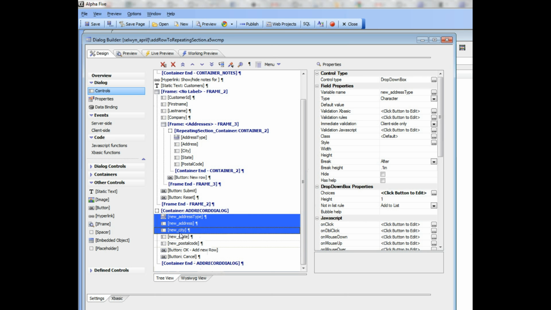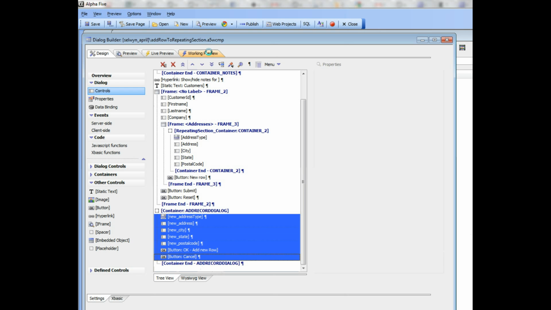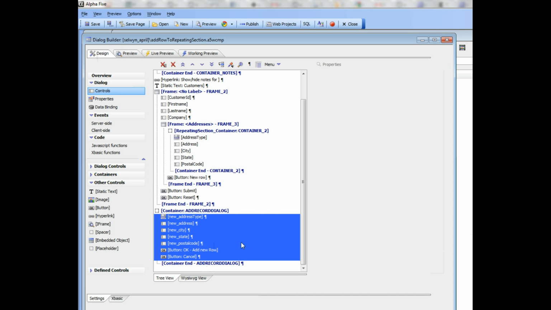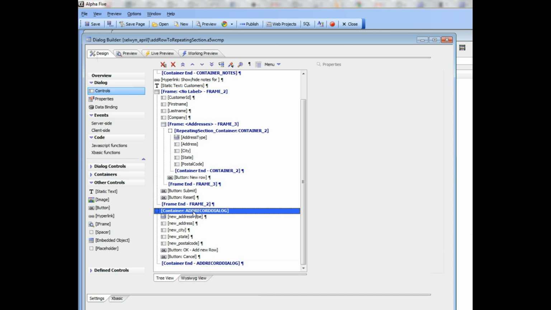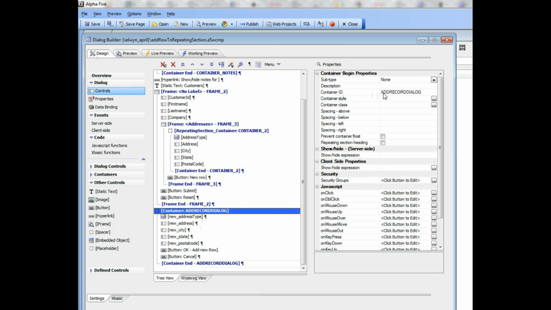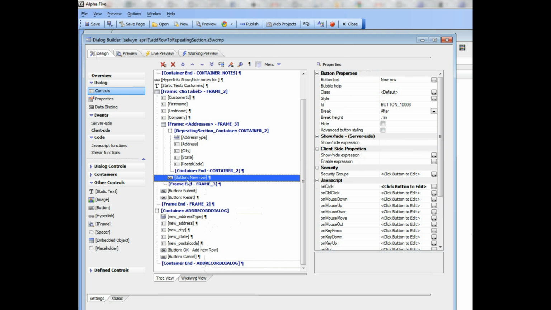All of these controls are not actually visible on the dialog when the dialog shows. The reason they're not visible is that they've been wrapped inside a container, and I've given this container an ID of add record dialog, but I haven't actually hidden it. In and of itself, that wouldn't cause the dialog to not show those controls. However, if I look here at my button for new row, and go into edit mode on this button,